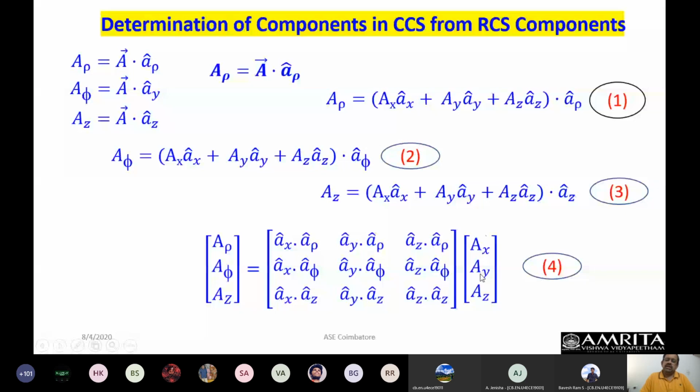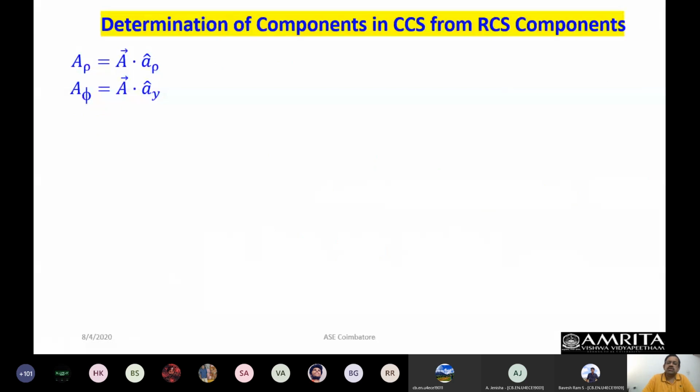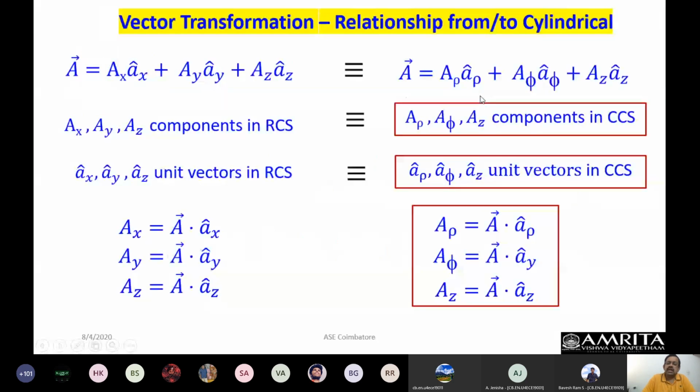Now, once I have got that, I know the given vector, the example I stated, is going to be 2, 3, 4. Once I know Ax, Ay, Az as 2, 3, 4, I need to find only the dot product relationship between the two vectors. If I find the dot product relationship, then I will be able to get the components in the cylindrical polar coordinate system. Once I have the components, I can easily write the vector in cylindrical coordinate system. That is very super simple. Once I estimate that, I can use this relationship and write like this. So that is not a difficult thing.